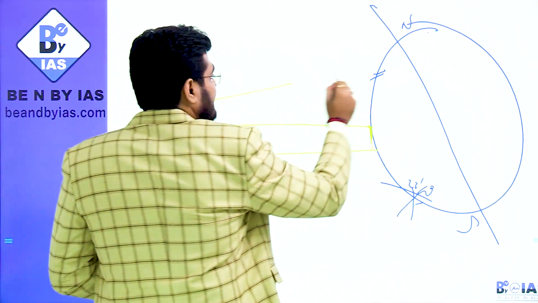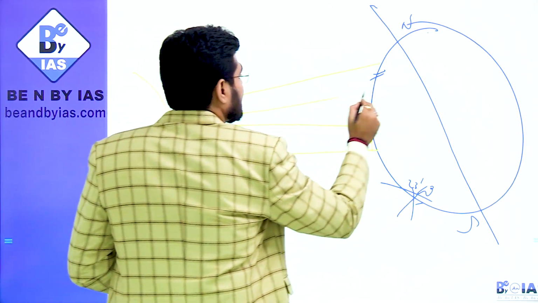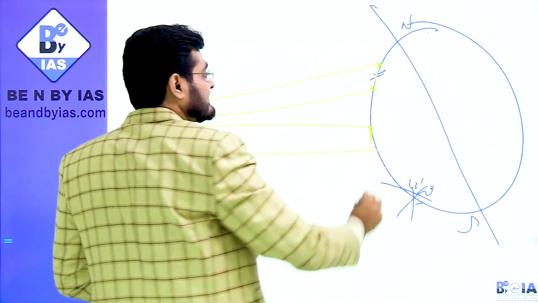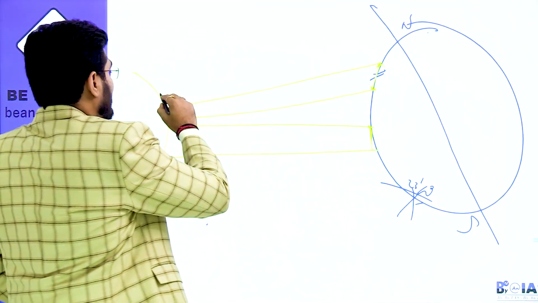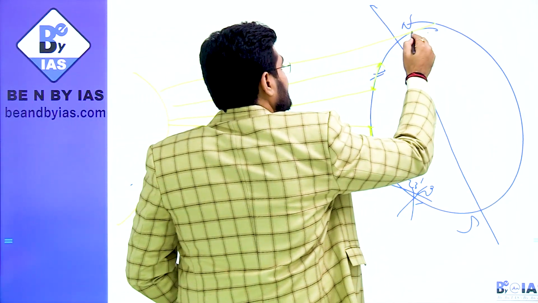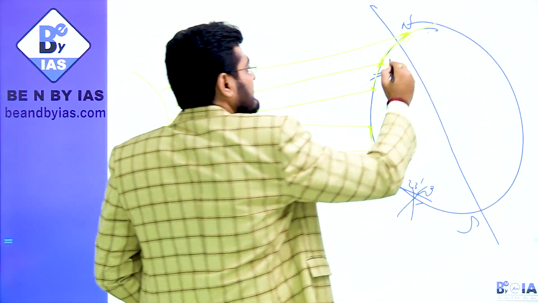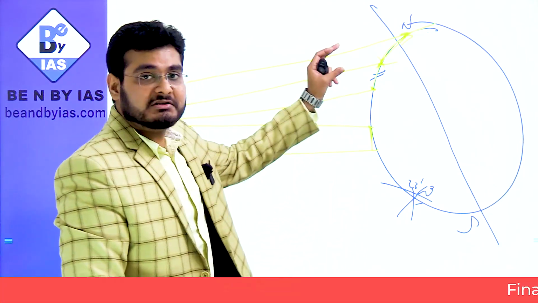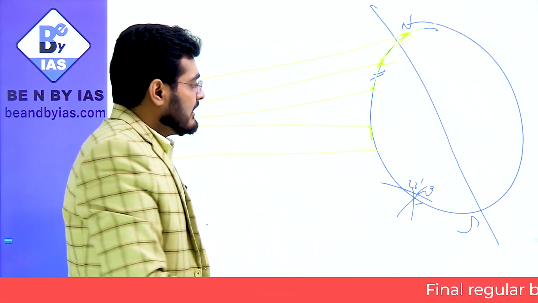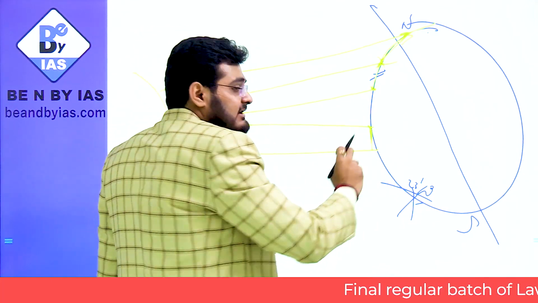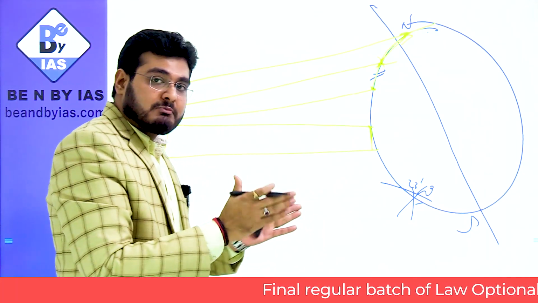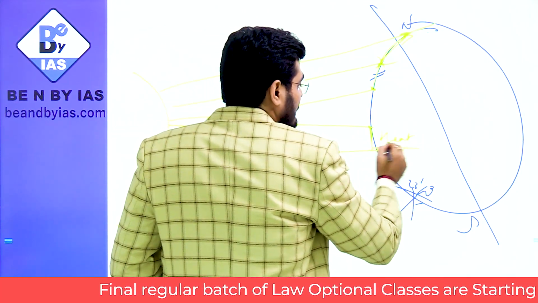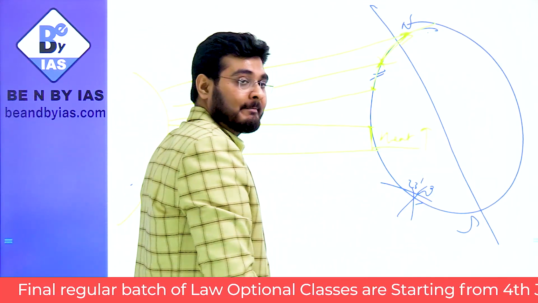When the sunlight is falling in this area, the same sunlight, when it falls here, you see that the area which is covered is increasing. When we take this area, it increases further, so you can see that on equator the area is less, and when we move towards the pole the area keeps on increasing. Now when the same amount of sunlight is focusing on a smaller, concentrated area, the heat would be very high in this area.